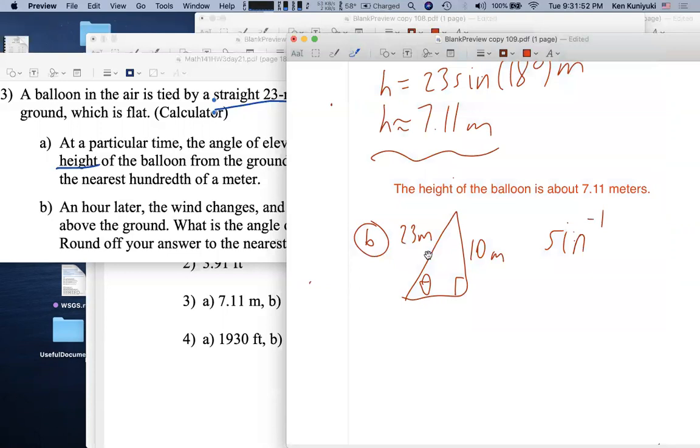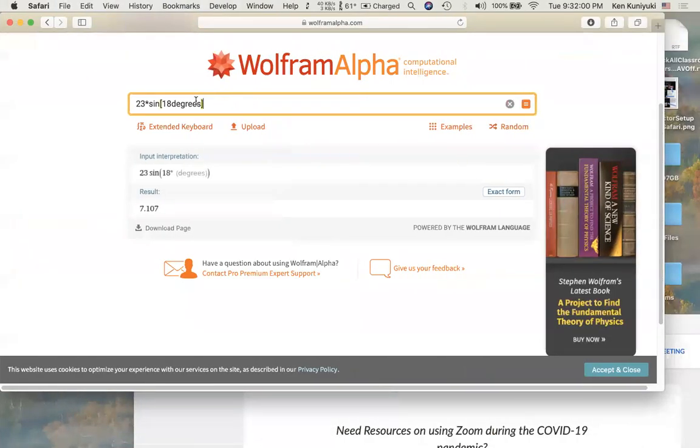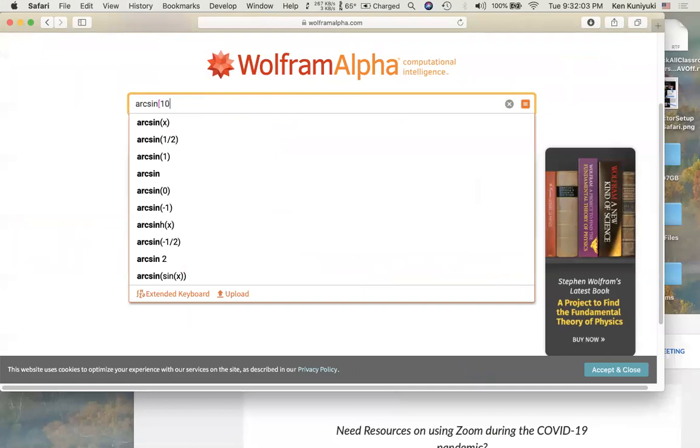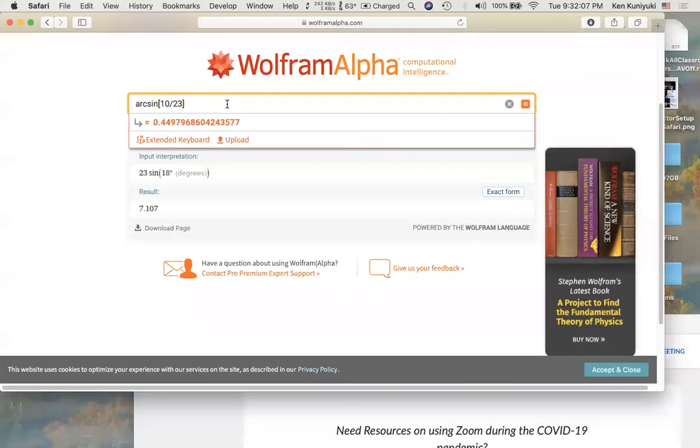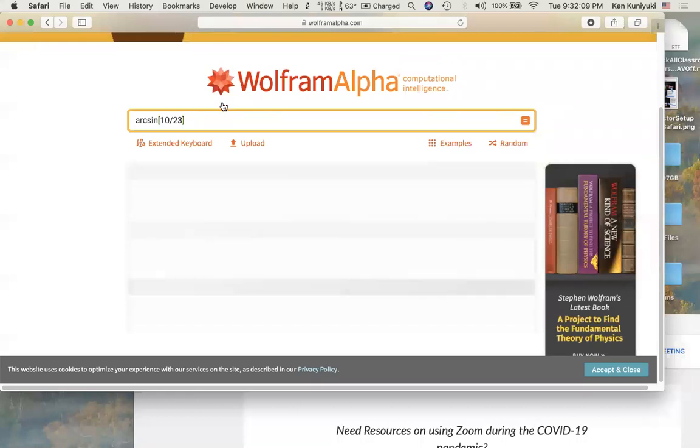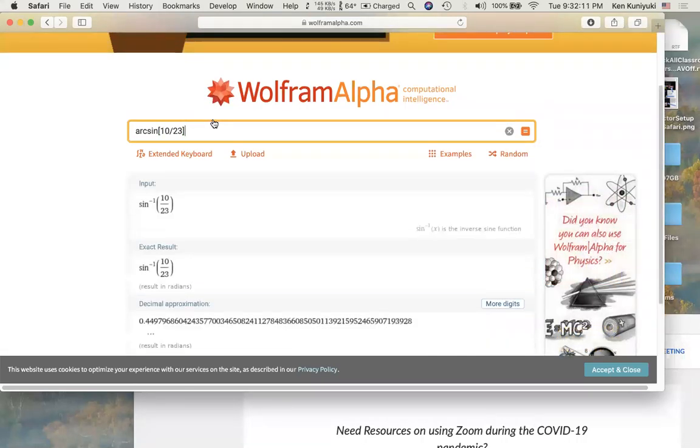In fact, I may as well say it. Theta is going to be inverse sine of 10 over 23. And does this do that? Arc sine of 10 over 23? Well, it just showed me it, right? Yeah, about 0.44